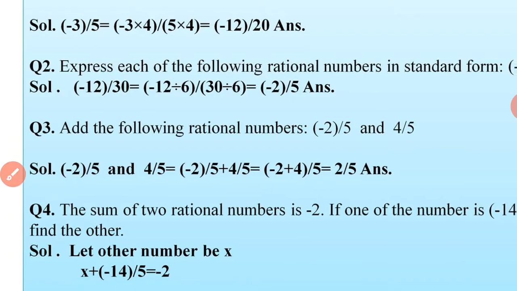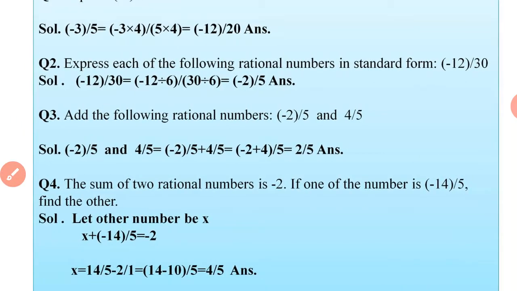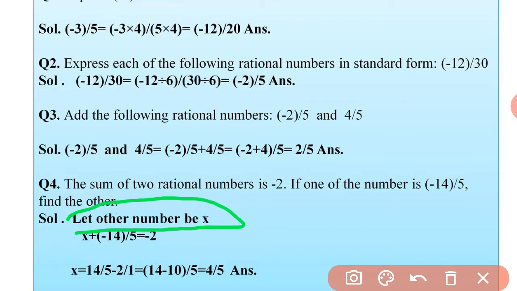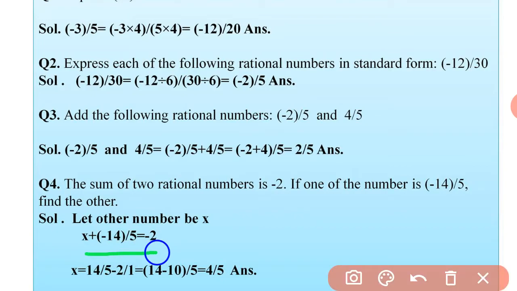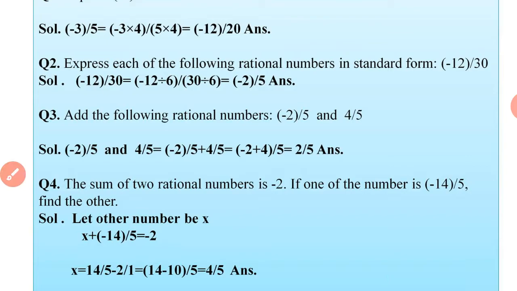Now after this, see question number 4. The sum of two rational numbers is minus 2. If one of the numbers is minus 14 upon 5, find the other. So here the solution: let the number be x. So when we add the two numbers, x plus minus 14 upon 5 is equal to minus 2. So after this, when we find the value of x, minus 14 upon 5 will come to